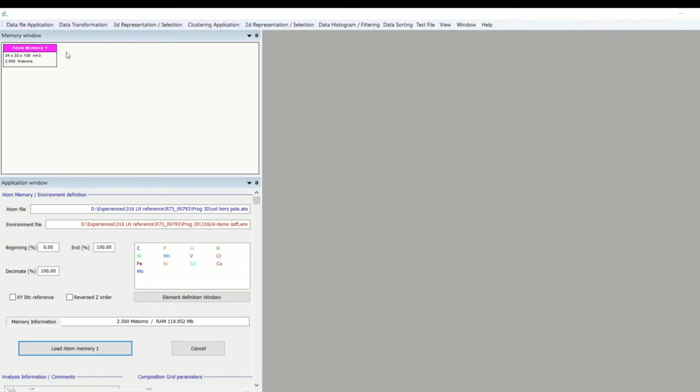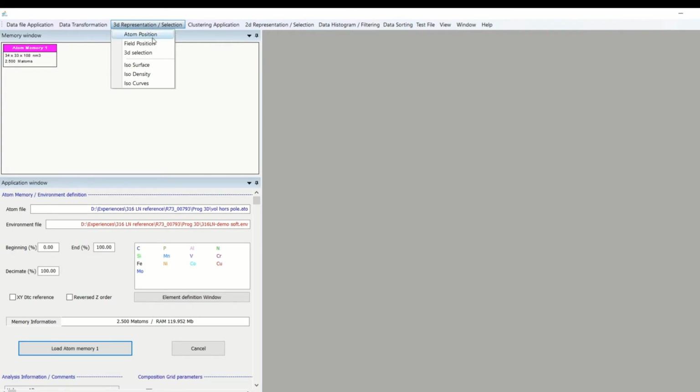So here you have a first window with the different tools you can use. You can select the tools from the menu here. Here you have the 3D tools, all the tools for cluster identification, cluster analysis, 2D tools, and so on. When you choose a tool, it appears there, and in the application window you have the specific parameters for the given tool, and here you have the representation.